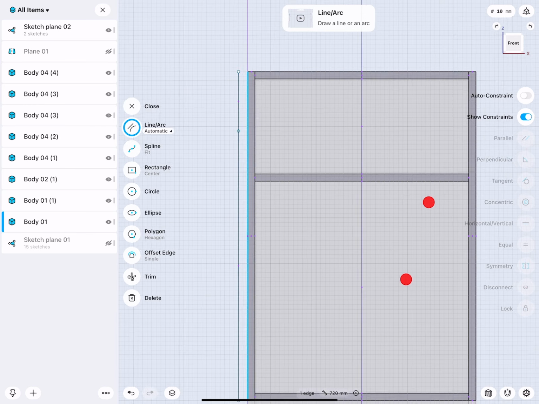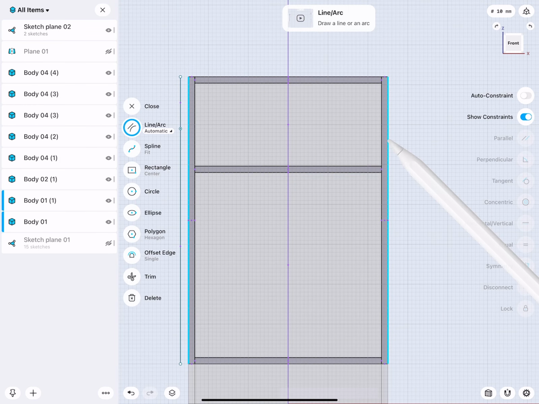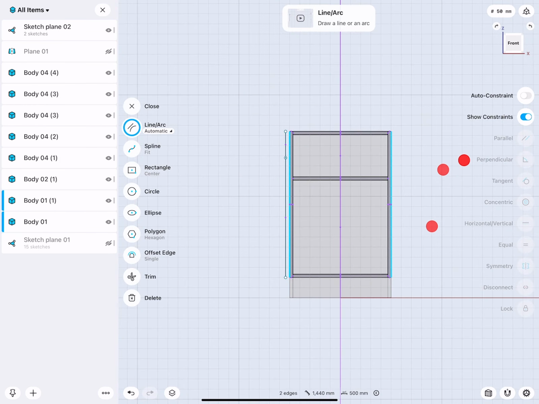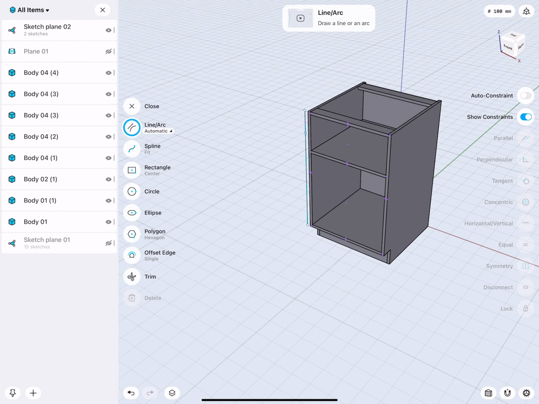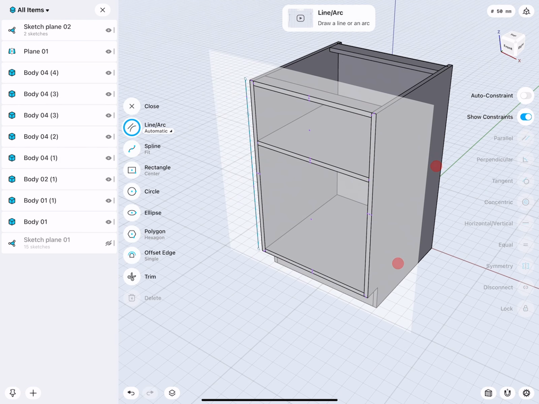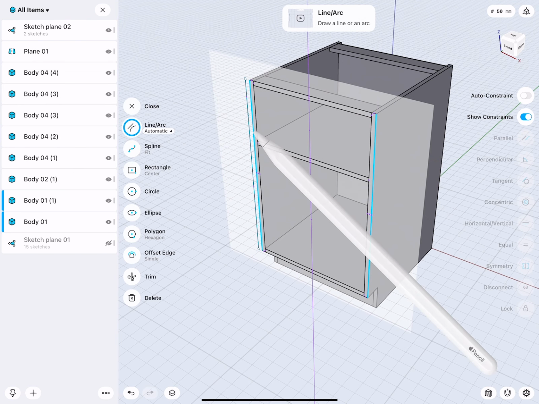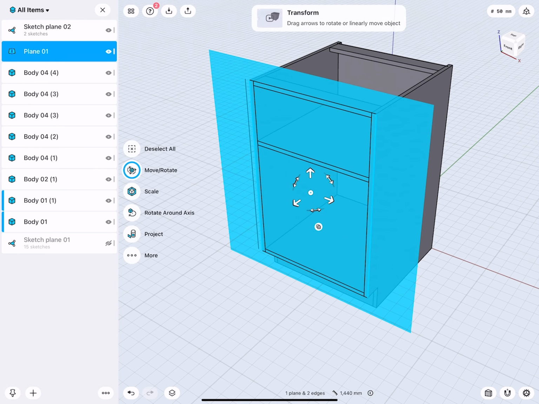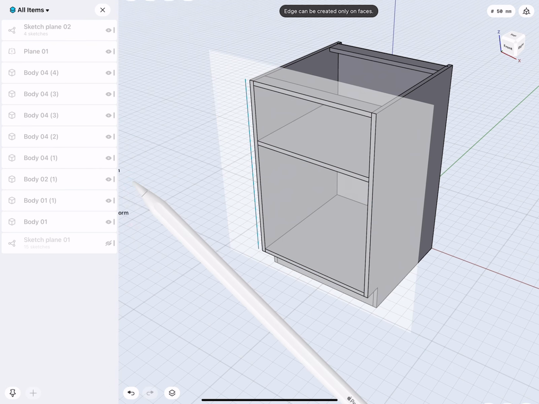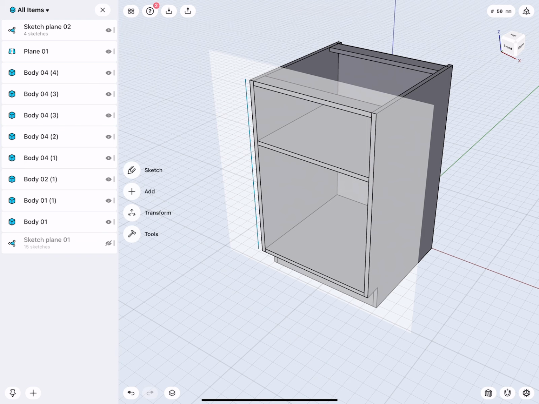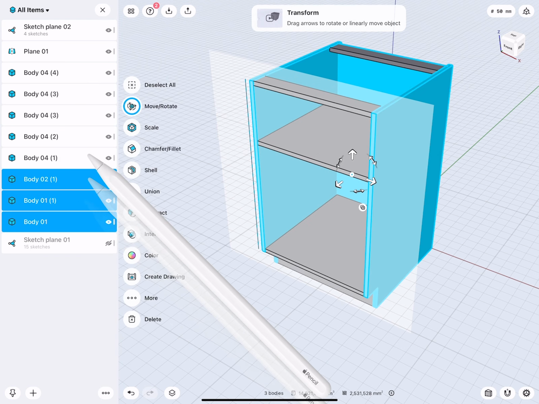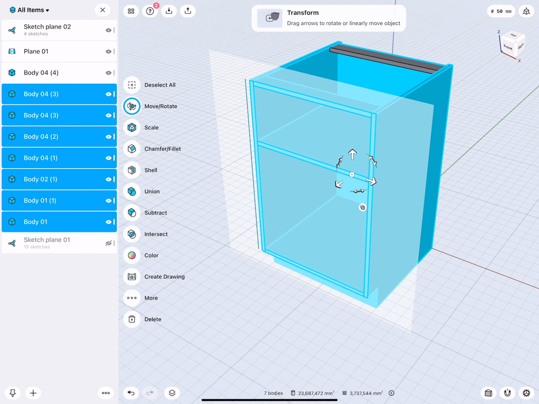I will select this edge and this edge. Rotate my view a little bit. I will turn on the plane. And when I reselect these edges and then select the plane, I can go to project. Click OK. You might not really see anything that got done. Well, let me show you something.